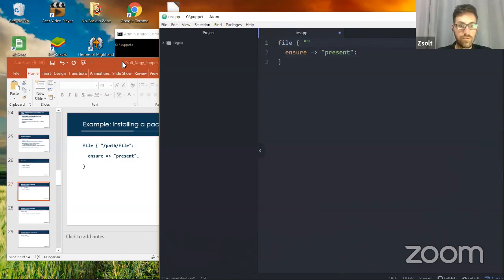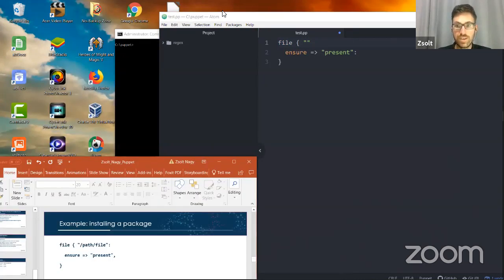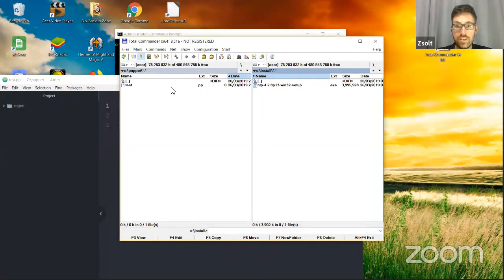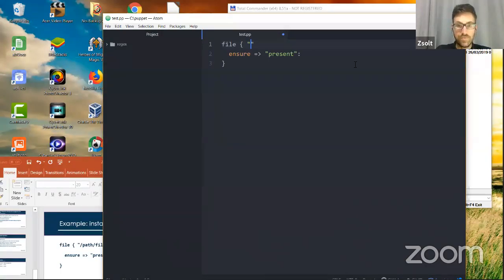So let's see what we have as folders available, because I moved everything in here. So c/puppet, we need double backslashes in Windows. You can also use single quotes and forward slashes, except in some attribute values where the operating system consumes the code. So therefore, by default in Windows, I'm going to use double backslashes, /puppet/test.txt, for instance. This is going to be the name, and we have to ensure that it is present.